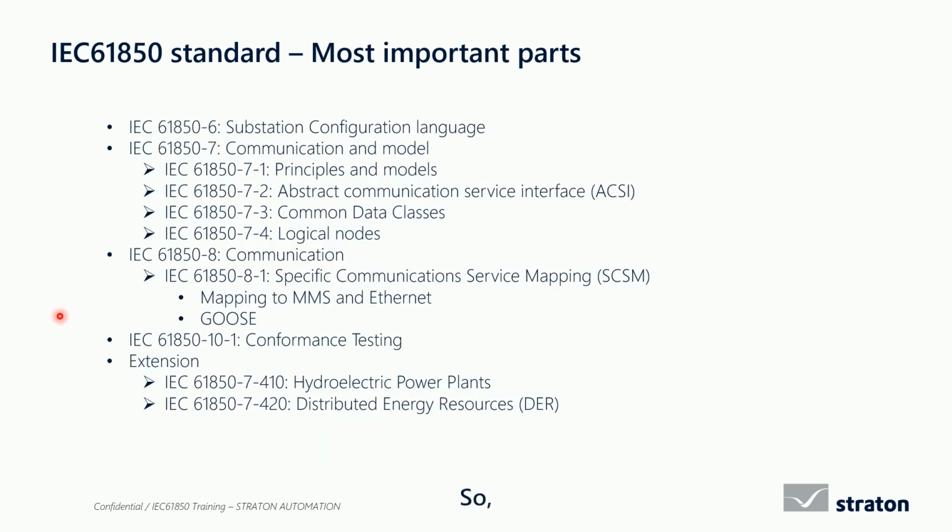So, more details about these red parts, the most important, and especially the subparts. We will of course see all of it in detail in the next slides, so don't worry if you do not remember everything. IEC 61850-6 concerns the configuration file for the server, the SCL. Part 7 must be read in reverse, meaning starting from 7-4. In 7-4 are listed the different available logical nodes, LN.